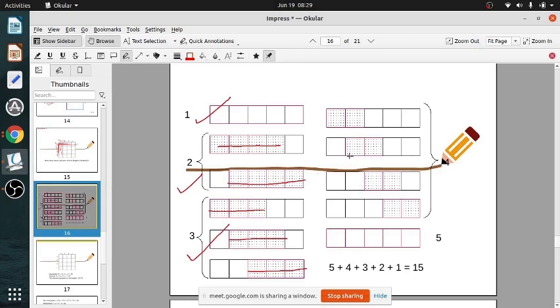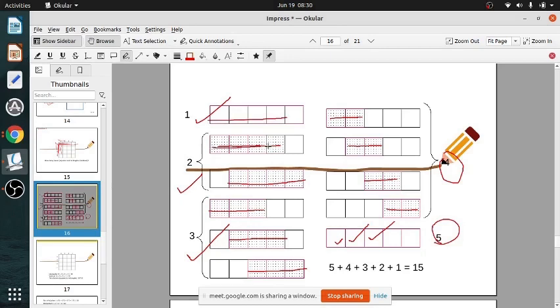If you take 2 at a time, either this 2 or this 2 or this 2 or this 2, so I am getting 4 such possibilities. And if I take all individually, all separate, then I will get 5 possibilities. So if I take the whole thing together, then 1.